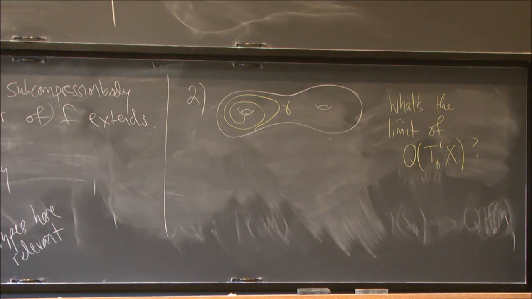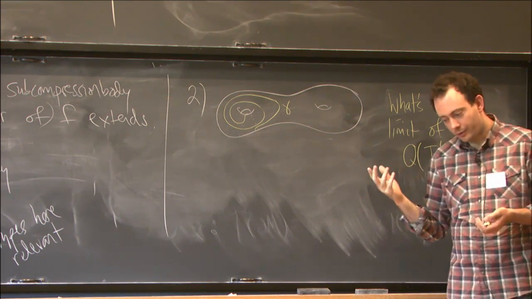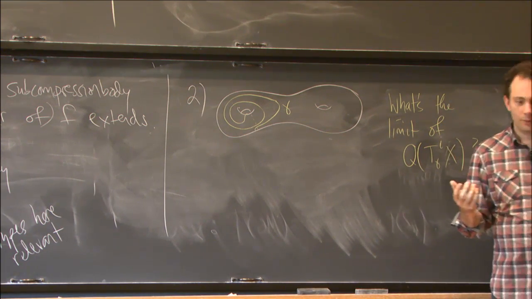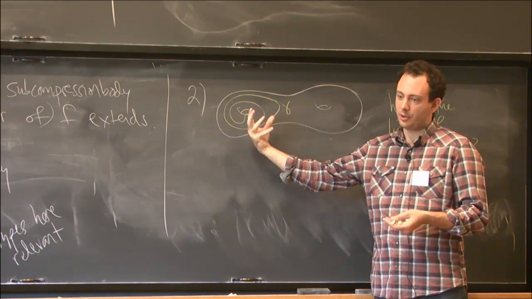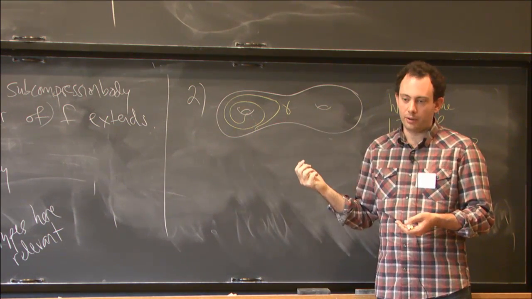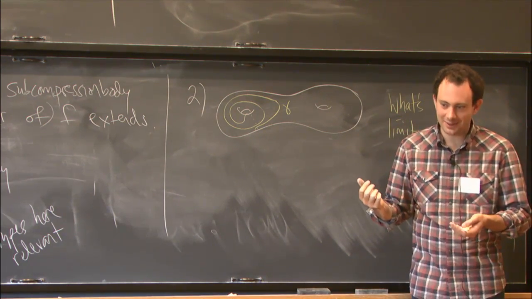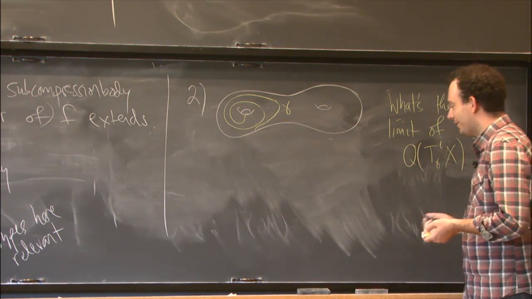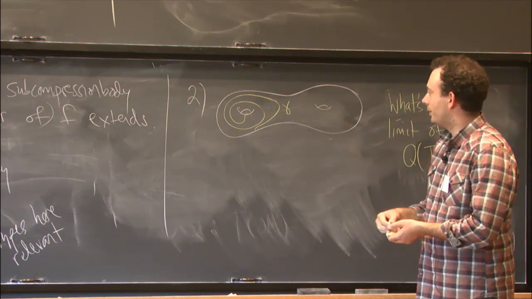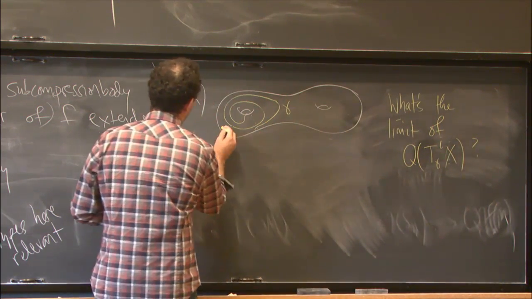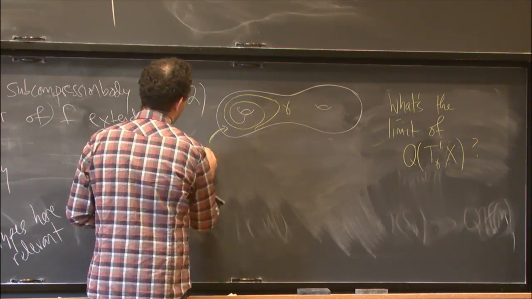All right. Well, if you remember your Kerckhoff-Thurston examples, then you might think, well, I should just push this gamma slightly into the handle body, and then I should drill it out. Okay, that can't be the limit. Why can that not be the limit? Well, okay, so let's see what happens if we push this in